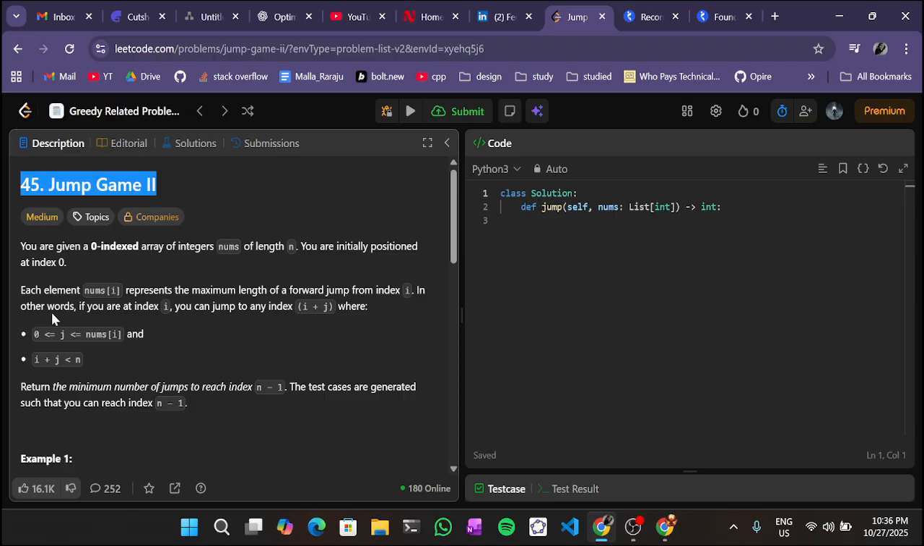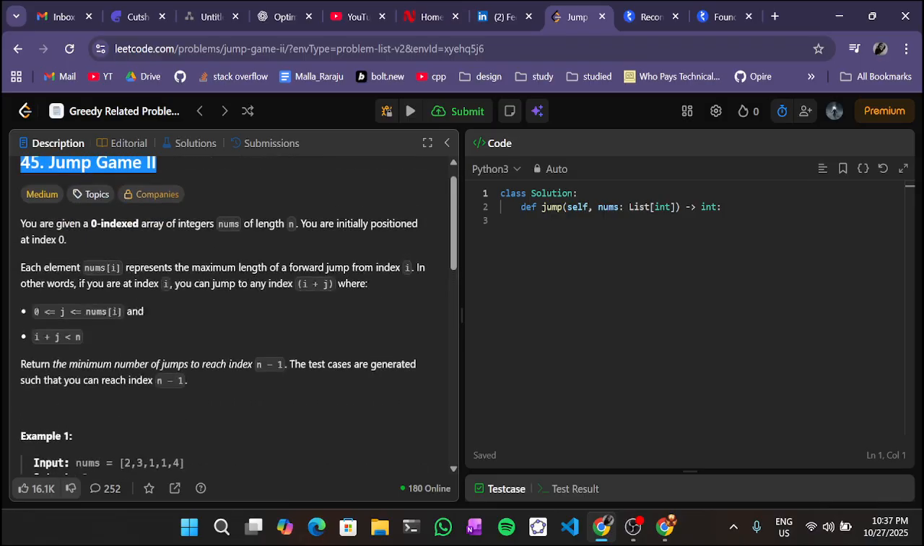We are given a zero indexed array of integers, nums, of length n. Okay, we have an array of length n with integers in it. You are initially positioned at index 0. Each element in nums represents the maximum length of a forward jump from index i. Great. In other words, if you are at index i,